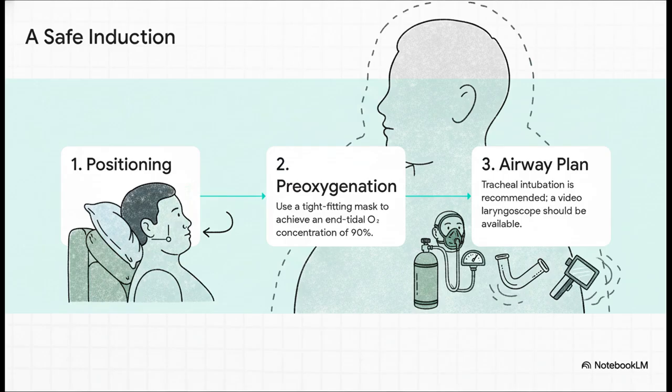for laryngoscopy. Second, we pre-oxygenate really well to build up that oxygen reserve. We're aiming for an end-tidal oxygen of 90%. And third, you have to have a solid airway plan. Tracheal intubation is the gold standard here, and you should always have a video laryngoscope right there and ready to